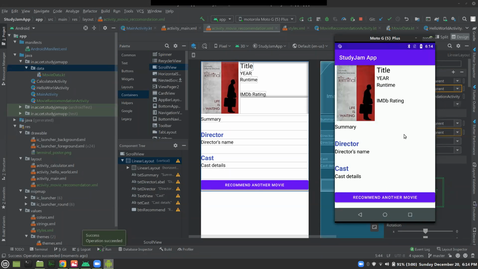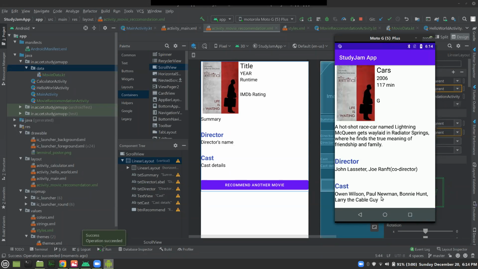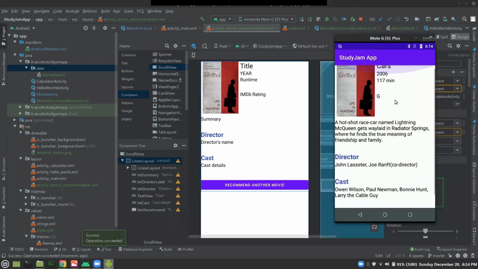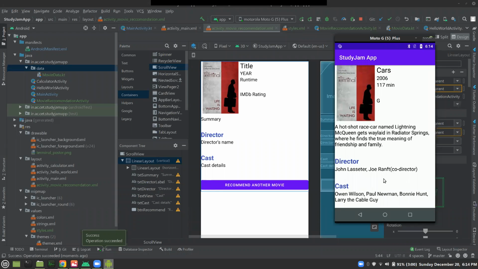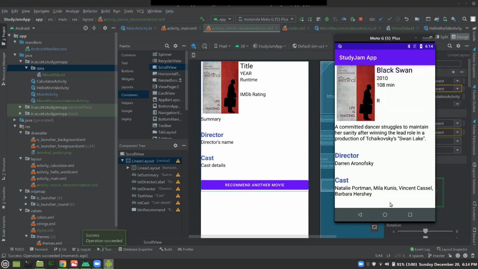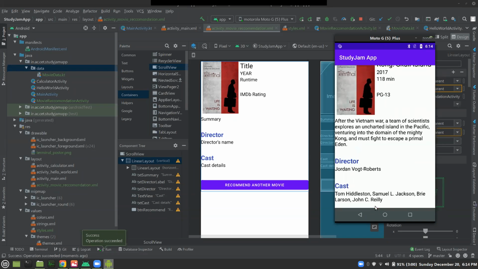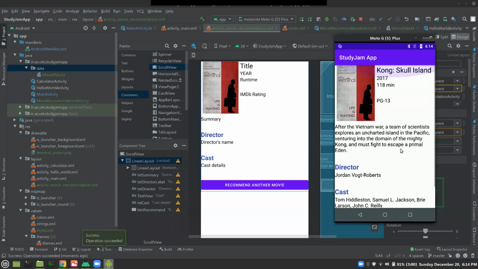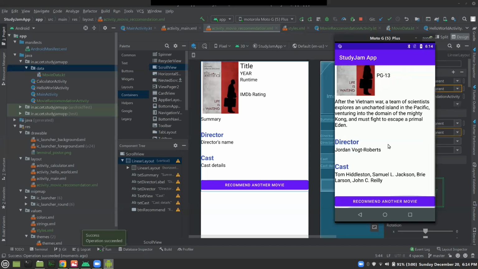Okay, yeah, it's now moving. So it is actually displaying the data. Recommend me another movie. It's actually recommending the data. It's actually working fine as expected. Okay, now I will show you the